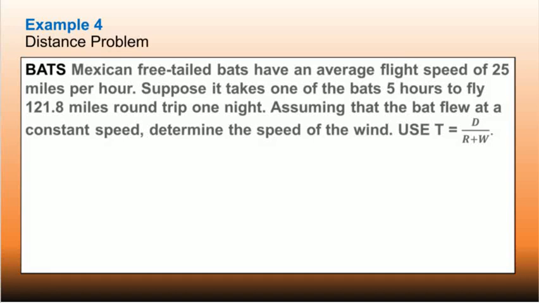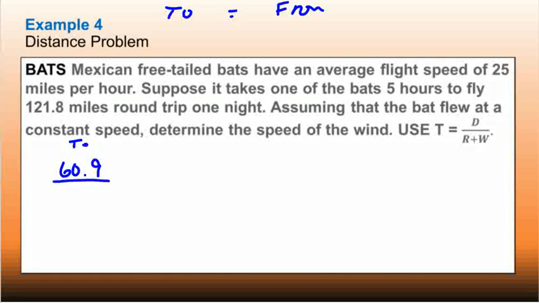So when we set this up, one's going to be the to, and then the other one is going to be the from. So the round trip is 121.8. If I do 121.8 divided by 2, the distance each way is 60.9. So the distance is going to be 60.9. And then the rate for this one, how fast are they flying? It says 25 miles per hour on average. So this is 25